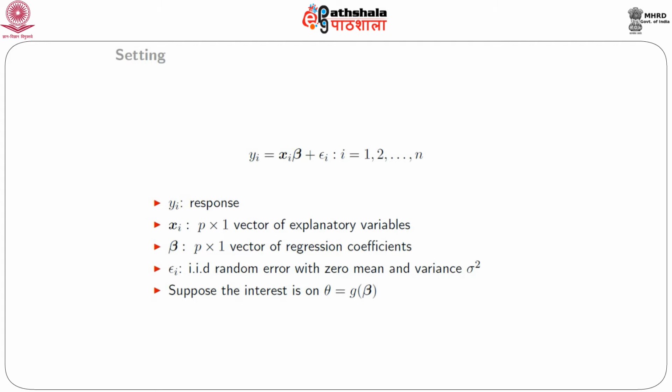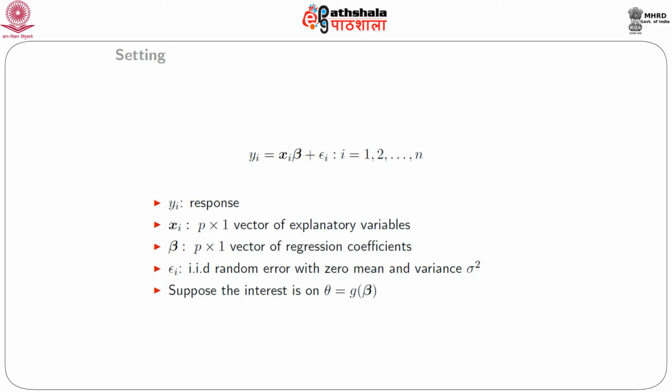Setting: assume that the linear model is y_i = x_i transpose beta + epsilon_i, where i runs from 1 to n, where y_i is the response, x_i is the p cross 1 vector of explanatory variables associated with y_i, beta is the p cross 1 unknown vector of regression coefficients, and epsilon_i is the random error, assumed to be independently and identically distributed with 0 mean, that is, expectation of epsilon_i is 0 and variance of epsilon_i